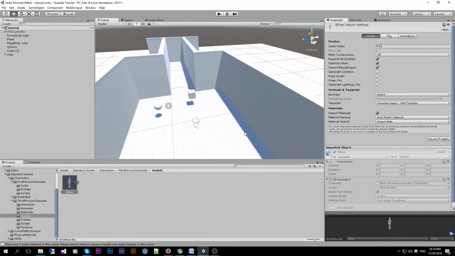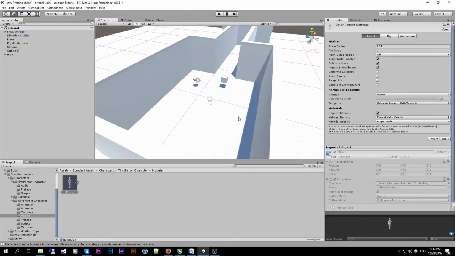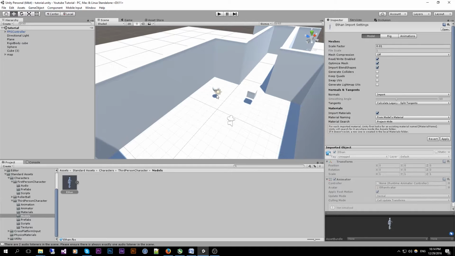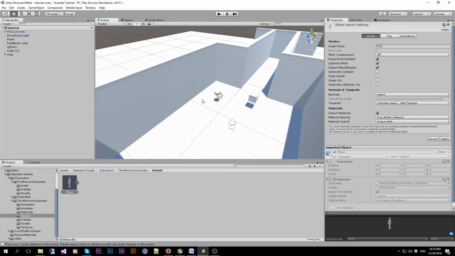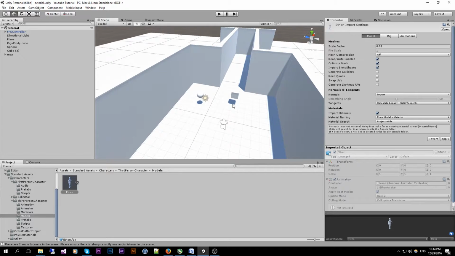So now that the whole collision debacle is out of the way, we are going to talk a little bit about rigid bodies. A rigid body is essentially an object that is subject to gravity and can have forces applied to it. A game object can be made a rigid body by adding the rigid body component to it.